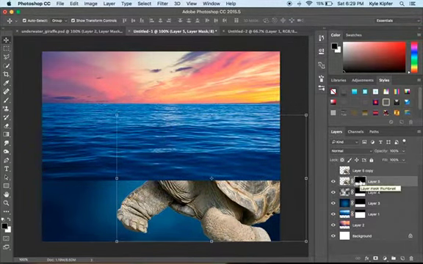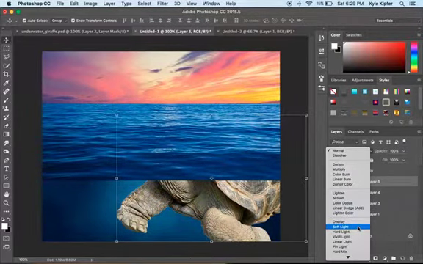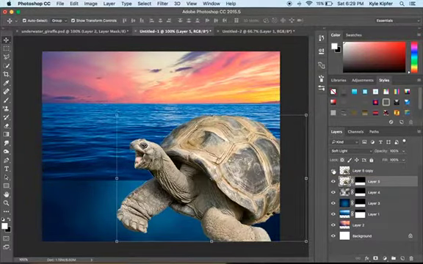What we could do also is that we need to change this layer's layer style. Okay, so this one, not the top layer. We need to change this one, I believe, to soft light as well. Okay, now when I change that to soft light, now that looks like it's underwater. Okay, now what I need to do is turn back on this first image, and now